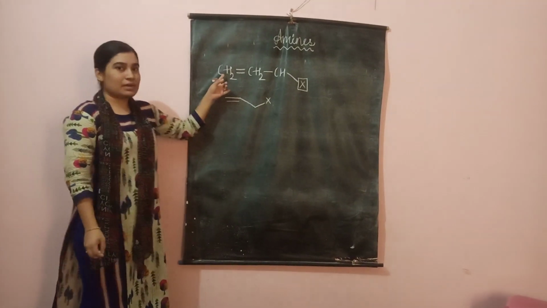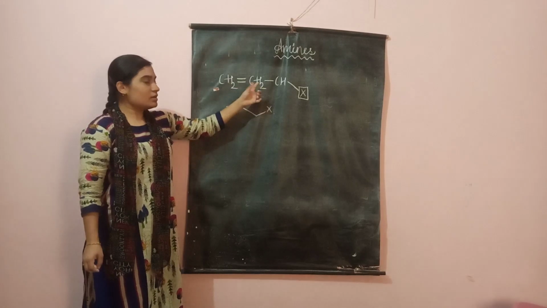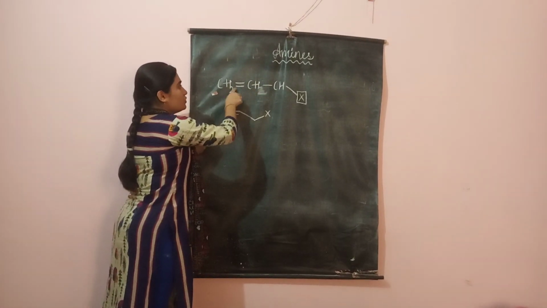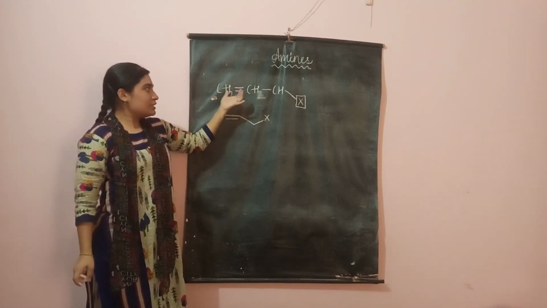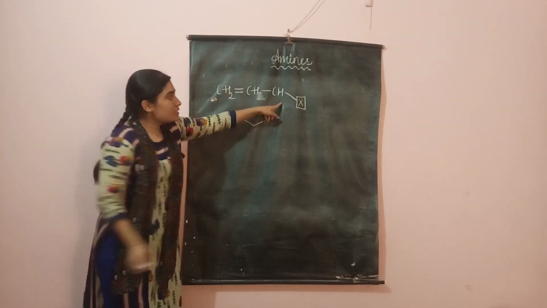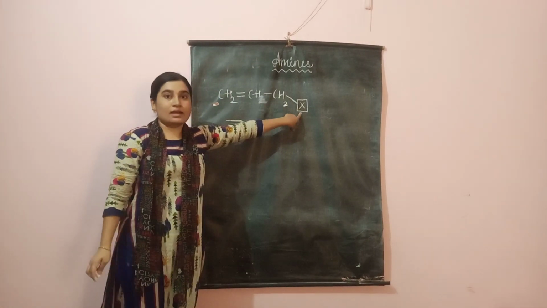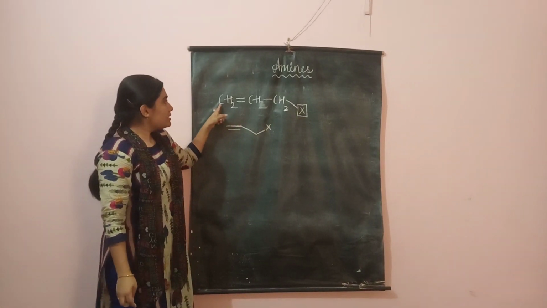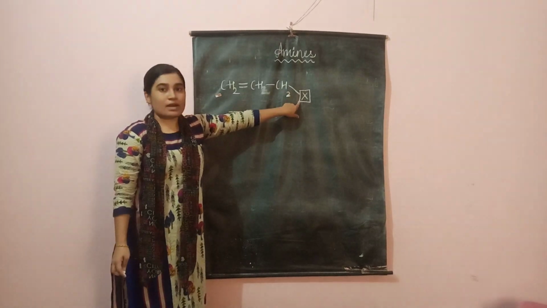So the next example I have taken. First you have to know which is this group. CH2 double bond CH2. Sorry, it will be CH2, 1, 2, 3, 4. It is the 4 carbon atoms are filled here. CH2 double bond CH, CH2 followed by X. X is a functional group. X can be any functional group. How can I write it? CH2 double bond CH followed by CH2 followed by a functional group.